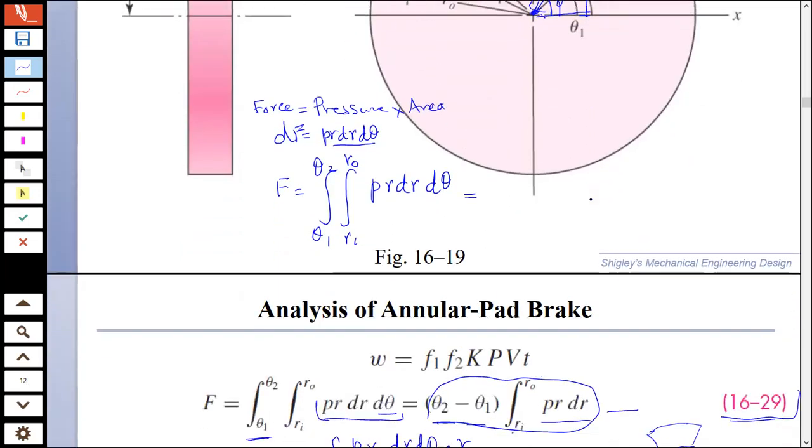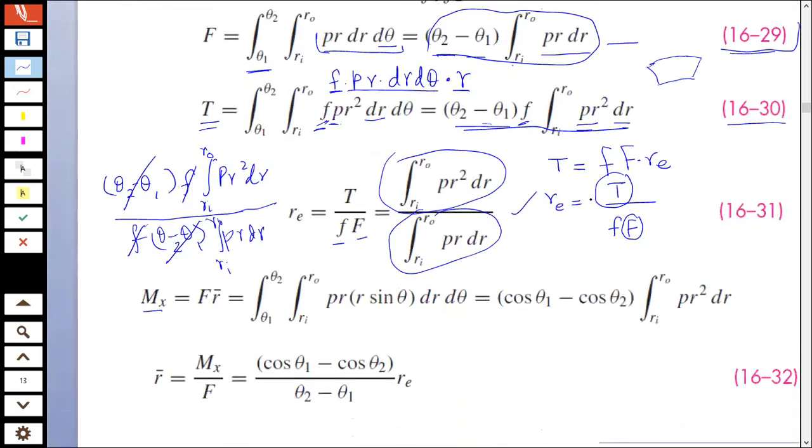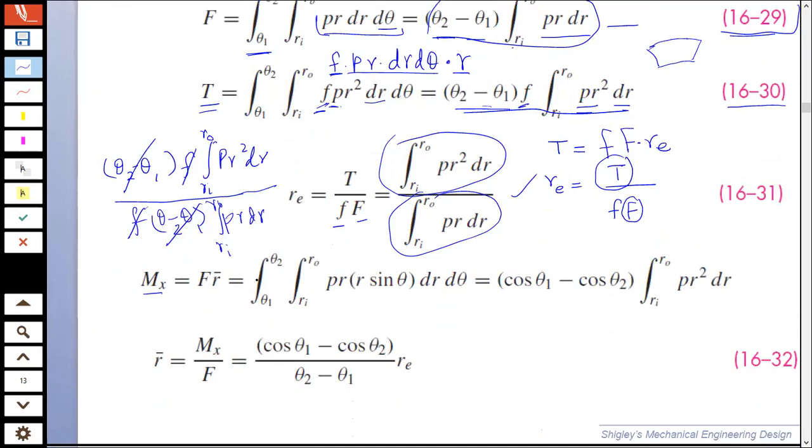That will be equal to R sin theta, whatever the radius R is, it's going to be your R sin theta. So it will be P R sin theta, that is R sin theta is the value of R bar, dr d theta, which is F. ठीक है जी, तो F की वैल्यू मैंने डाल दी, and when I integrate that becomes cos of theta 1 with respect to theta minus cos of theta 2, and inside the integral P R squared dr. ठीक है जी।